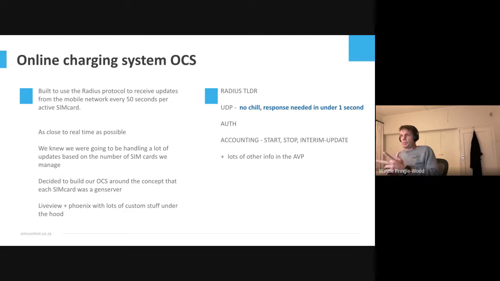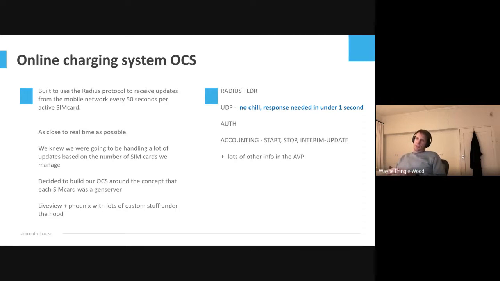There's basically only two packets. It's an auth and an accounting, and that accounting is broken into a start, a stop, and an update. So you can think of it like start your car, cool. Car starts up, and then the accounting is when you start driving. You start driving, and every kilometer it says you've driven a kilometer, two kilometers, three kilometers. When you stop driving, you've driven 20 kilometers.